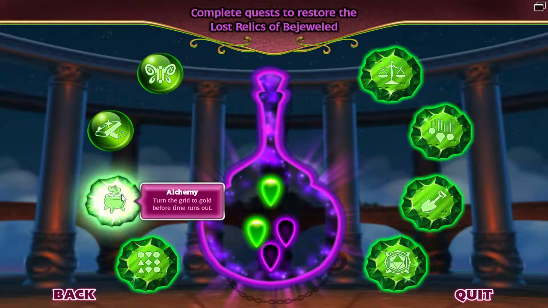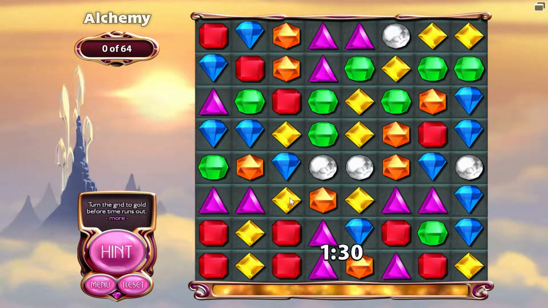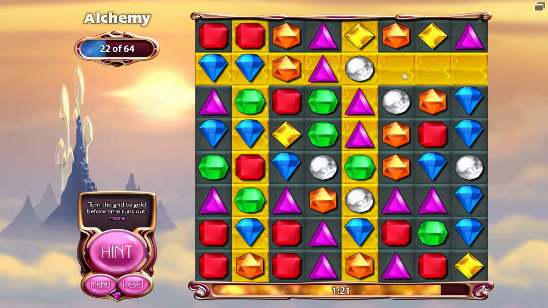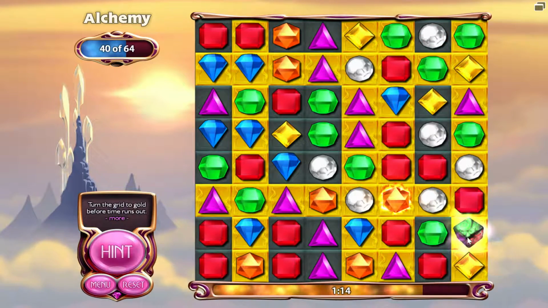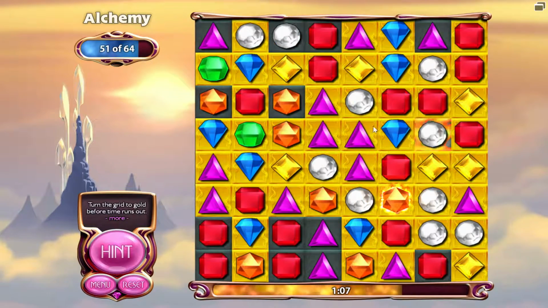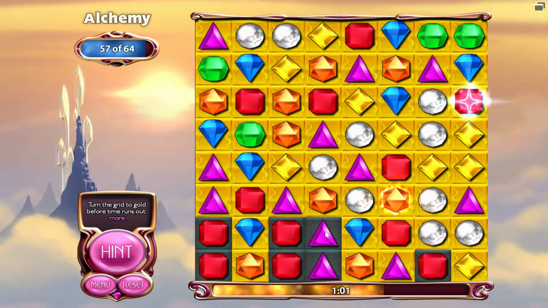Turn the grid into gold before time runs out in alchemy. Horizontal matches change rows to gold. Turn the whole grid to gold before time runs out. Okay. So, question I guess would be, does this flip things? No. So this is actually super easy. They're all done with staging. And let's see. So we need this horizontal match,